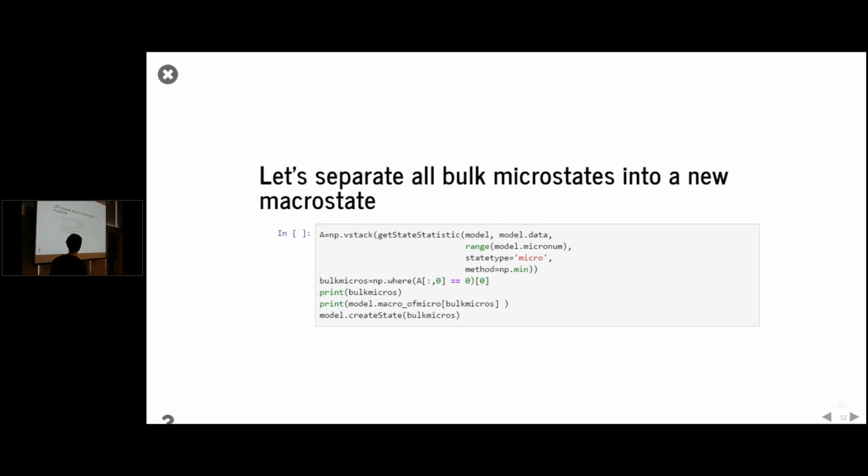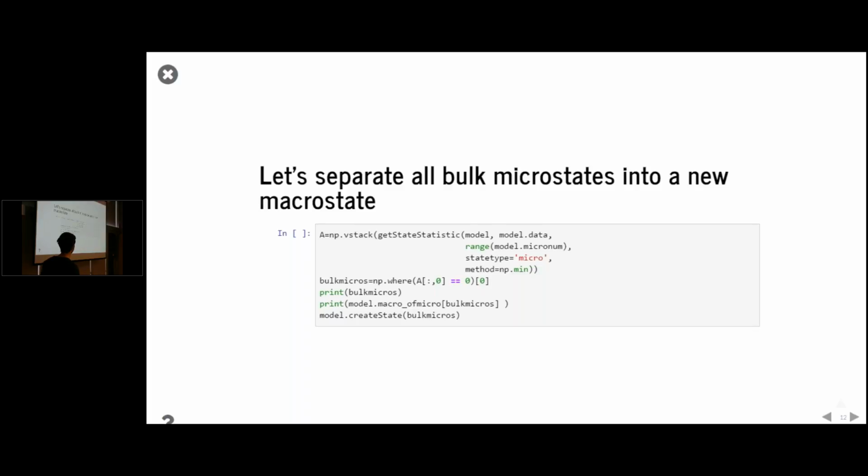So the way that we are going to do it is by using the get state statistic function, which is quite useful, and you might want to try it out from time to time. You pass it a model, then you pass it a metric data object. In this case, I'm passing it the data that's inside the model, but it's not necessary. You can have multiple projections of your data and pass it. So you might build your model with distances, for example, but then you might want to know in this state what is the lowest RMSD that I have. So then you're going to pass it here an RMSD metric, a metric RMSD object,